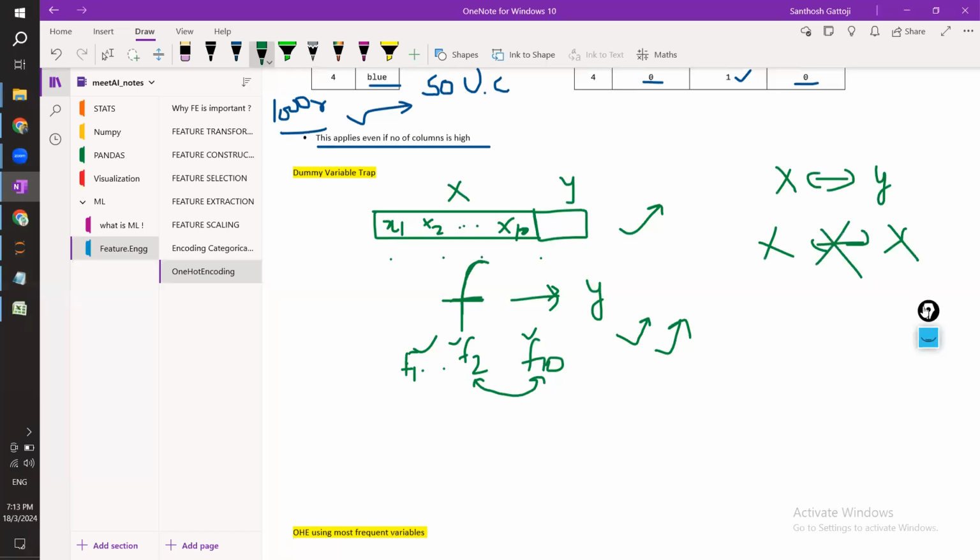Okay, this should not be there. There should be a relation between input and output. That is fair, that is desired. But internally there should not be any relation, because if F2 and F10 are related, then you cannot definitely say whether the change that is happening